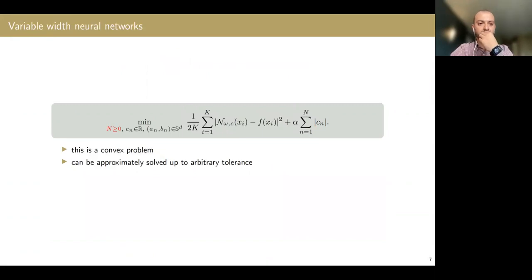So to actually numerically demonstrate this happening, we will look at this problem, which is slightly modified, and we also let n, the number of nodes, be a variable. So we allow n to be variable in the network. We don't impose any conditions on how big the network is. We allow the network to grow.